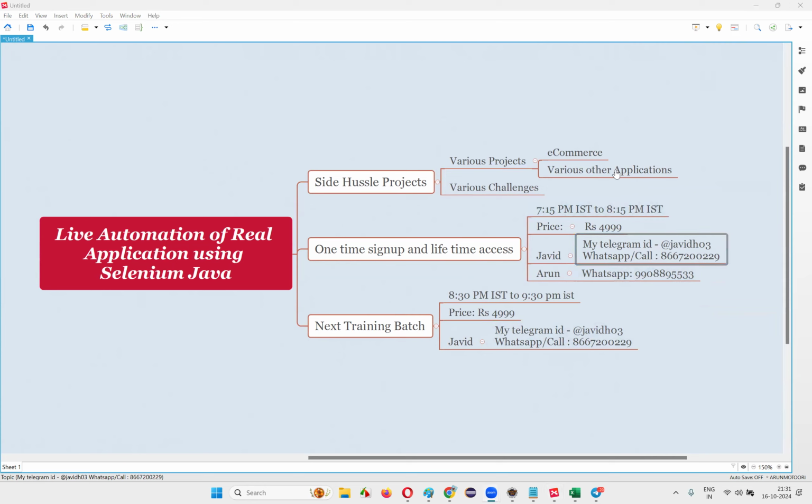Yes, recordings also can be accessed. No problem, if you miss something, recordings can be accessed. If you join later also, recordings will be accessible for you. Previous and all the current recordings will be accessible to you. Don't worry. If you miss any sessions or join late, it doesn't matter. All the recordings will be accessible.